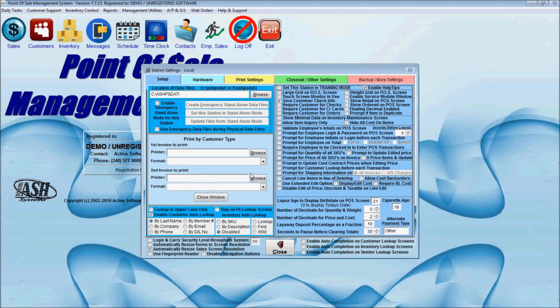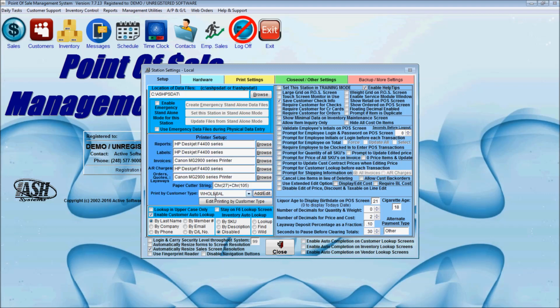And then we will want our second invoice to print to. Again, maybe we hit print a 40-column invoice on a receipt printer, and then we print an 80-column invoice to our 8.5 by 11 printer because they want a full-size invoice to take back to their corporate office. Let's close this window. These are my default lookup information, whether I want to look up in uppercase only, because